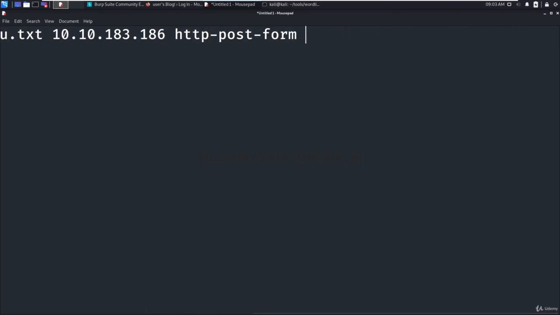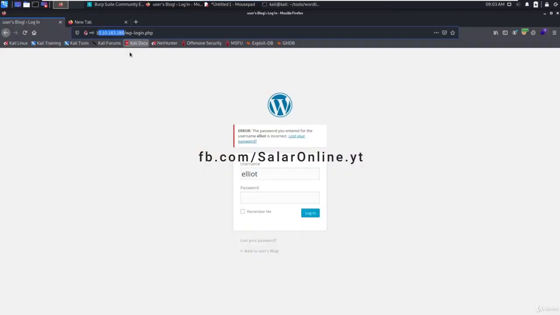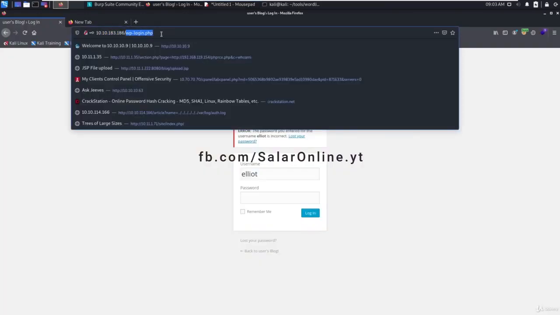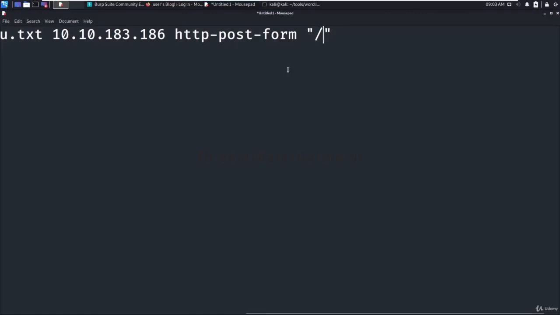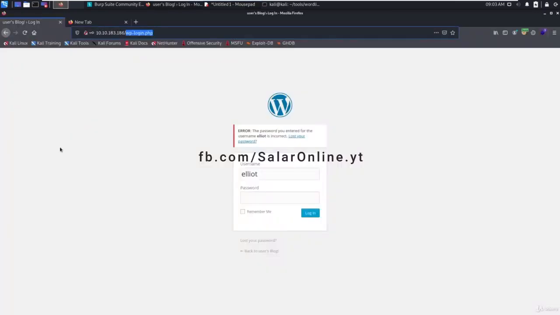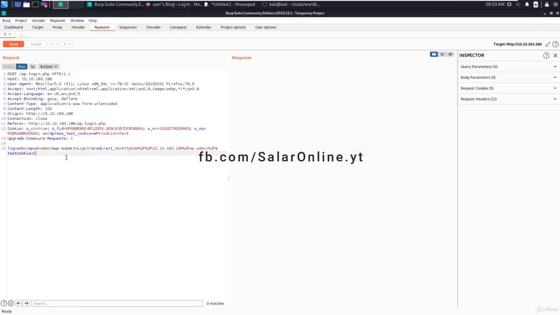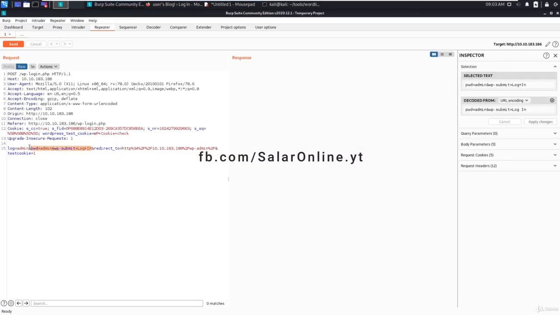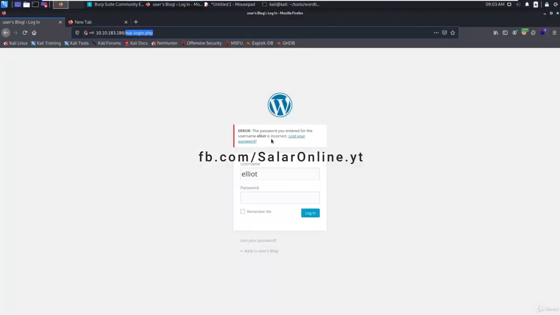In this module I want to say the directory. So that is /wp-login.php, right? In that directory there is a wp-login.php file, so I need to mention the absolute path from this website. This is the part, and then you put one colon and then you are going to send these parameters. So copy these parameters